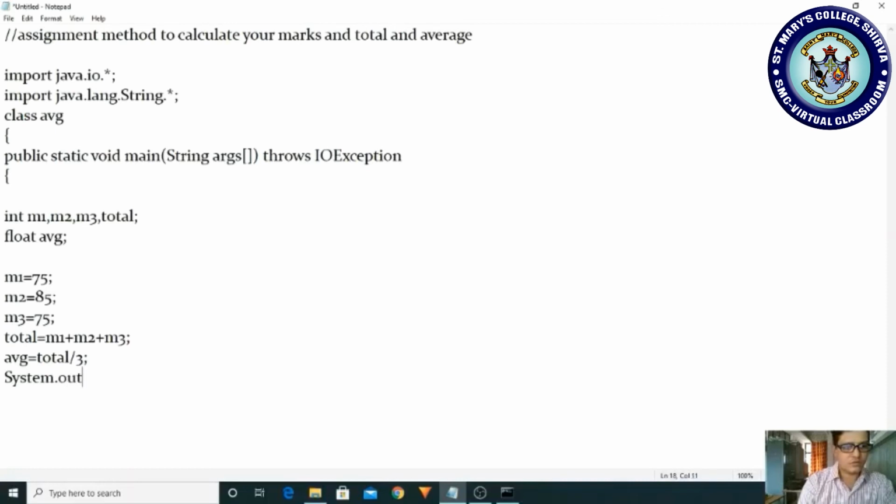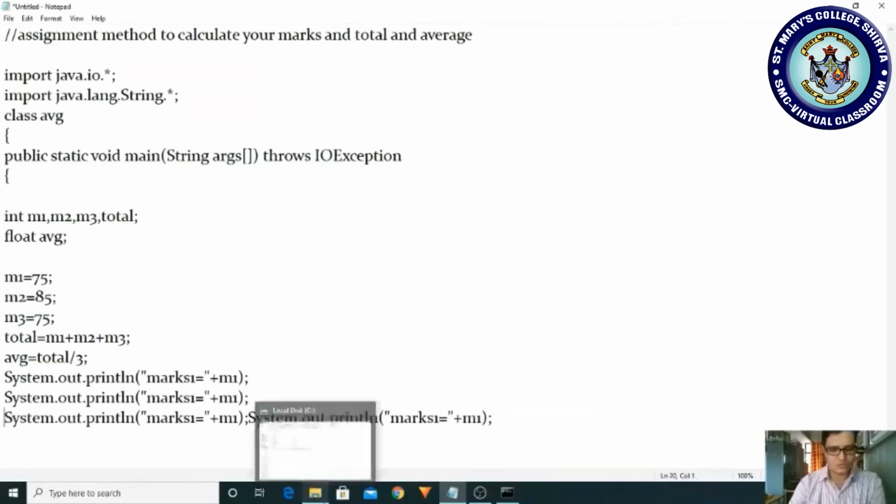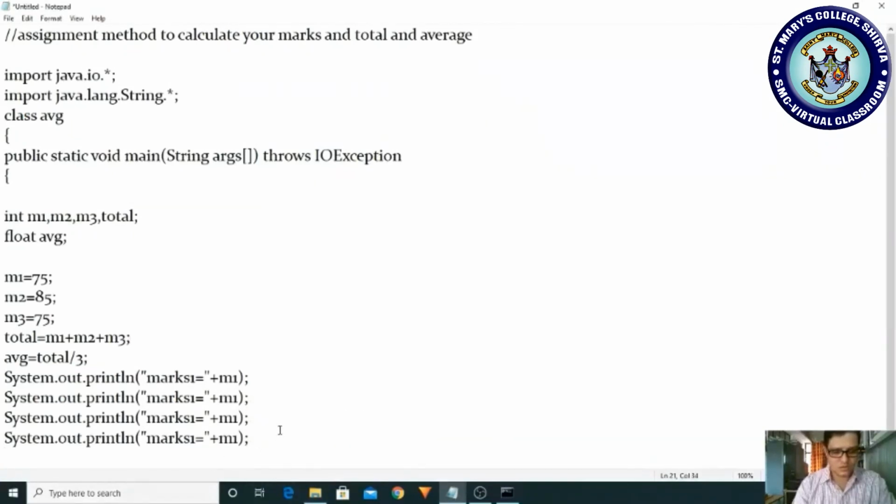System.out.println, marks 1 is equal to, in double quotes, plus m1, and I'm copying the same thing. Instead of typing, I'm copying and coming here, pasting. Yes, 2, 3 and 4.